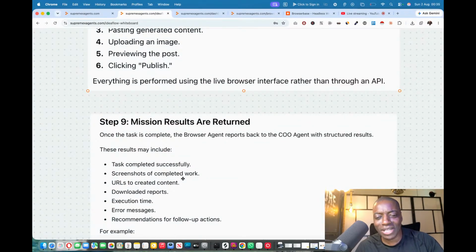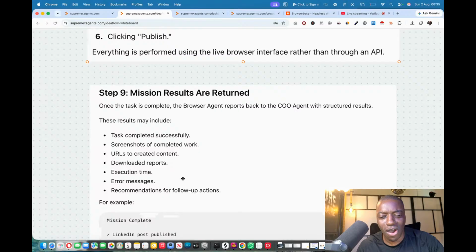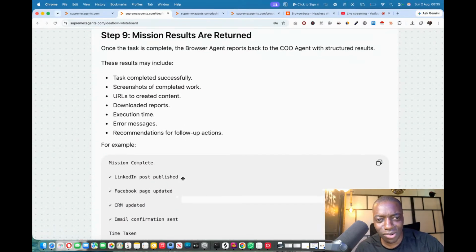Step number 9, mission results are returned. What task to complete? The browser agent now reports back to the chief operating officer with instructions of results. This includes tasks completed successfully, screenshots of work, URLs created and context, download reports, times executed, error messages, recommended follow-ups. Example: mission complete. Let's go, LinkedIn published, Facebook updated,